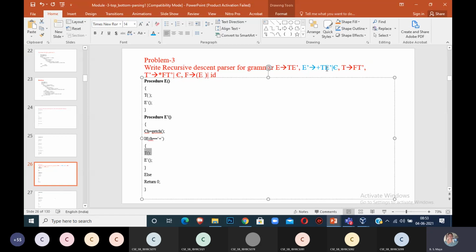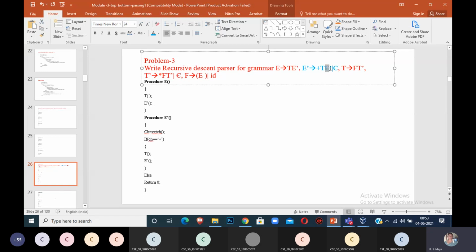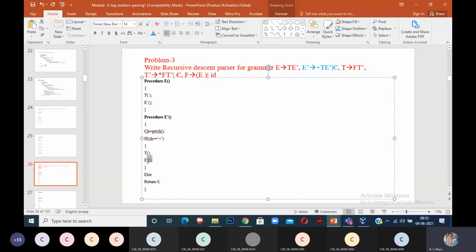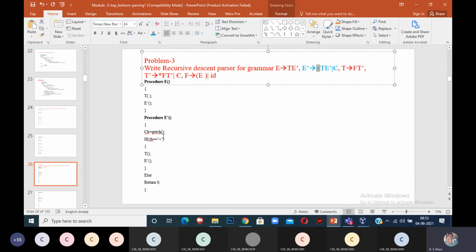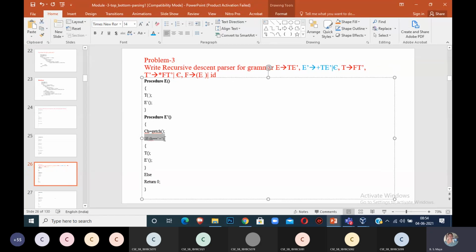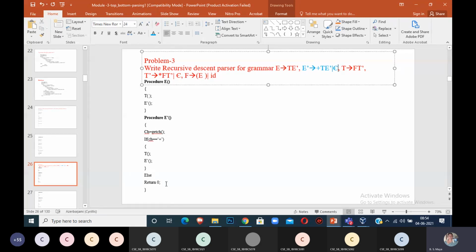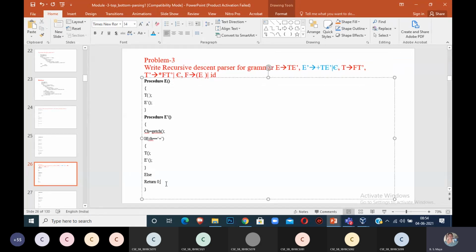If it also matches, it will advance the pointer to the next thing, that is E dash. We call E dash, open parenthesis, close parenthesis, over. But if the input character is not equal to plus, then you use else. Because of epsilon, you can write return 0. See, this is the procedure for E dash.